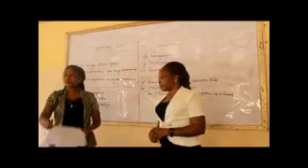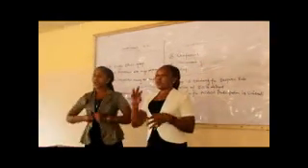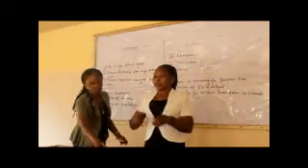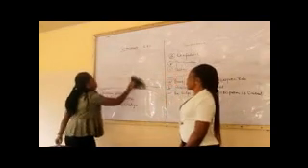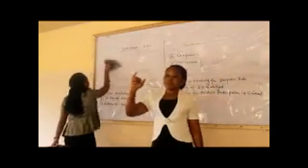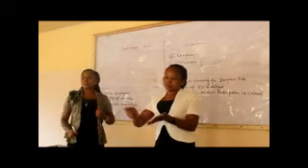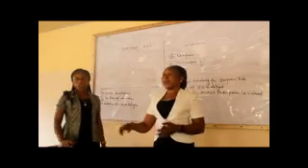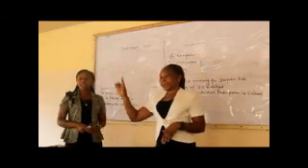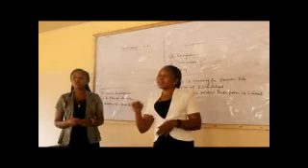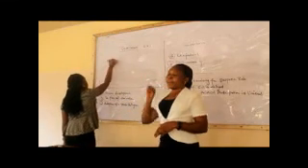Then let us see the theoretical aspects of the assignment I gave you. Number 1, I said you should define a bill. We have done this over and over again. And we said that a bill is not yet a law until it is signed by the executive or by the president. So in other words, we can say that a bill is a proposal of action under discussion in the parliament and later signed to become a law by the president. I think I have to write it here.